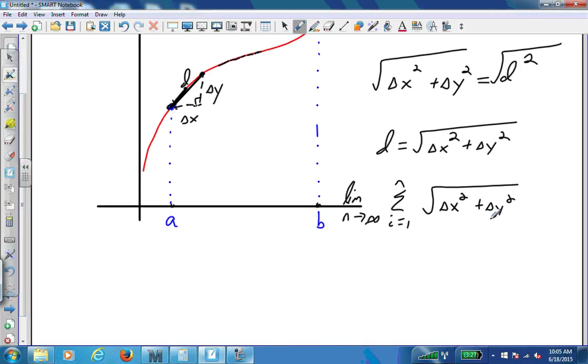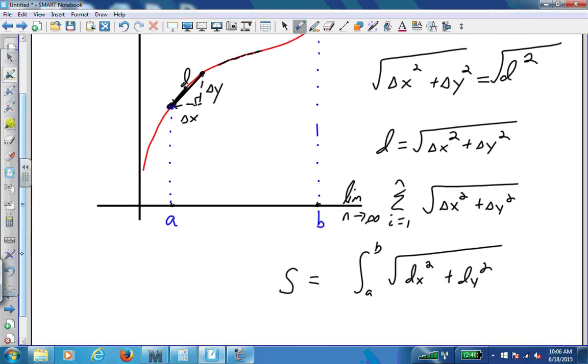So remember that those sums translate to definite integrals: delta x translates to dx, delta y to dy. So if we want the length of that curve,